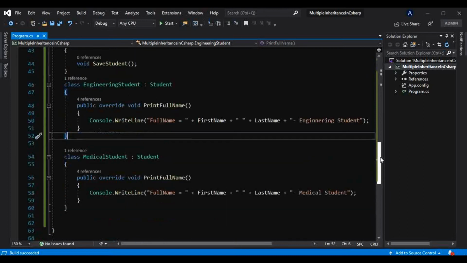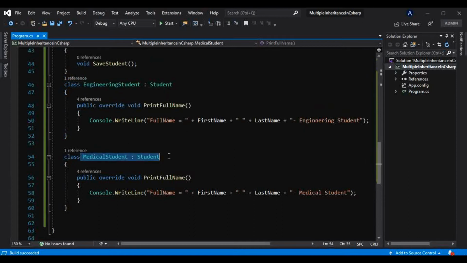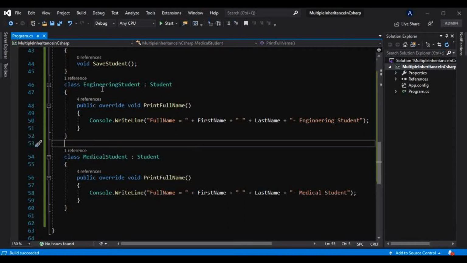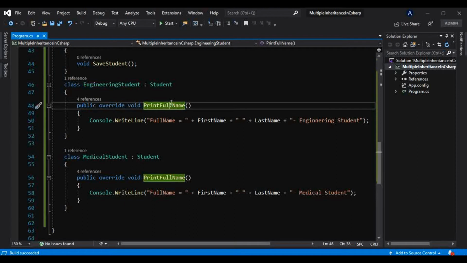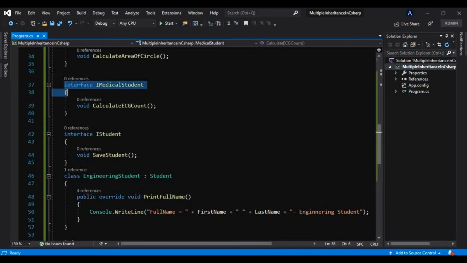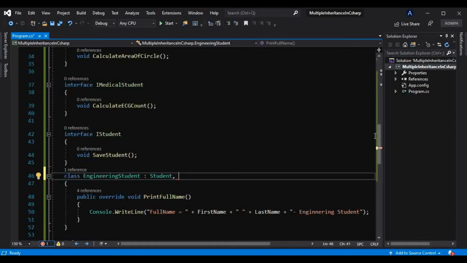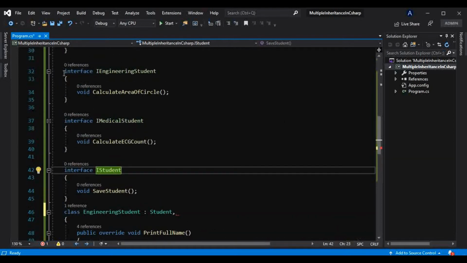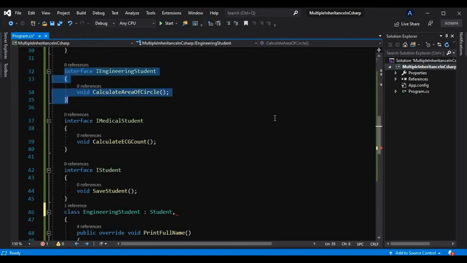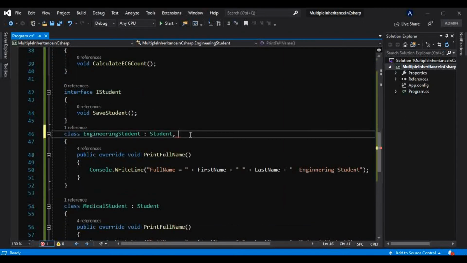Okay. So now coming back to multiple inheritance, now I want some specific methods for this engineering student as well as this medical student. Let's say I want a method for this engineering student from which it can calculate the area of a circle. For that we have introduced this interface here, and I will make that engineering class inherit this interface, IEngineeringStudent.